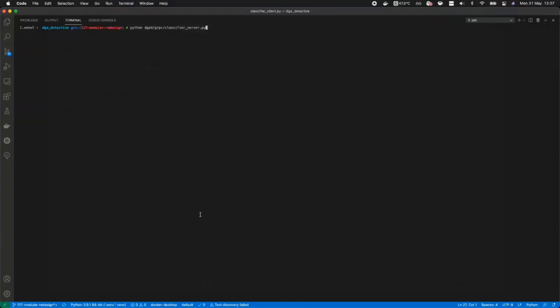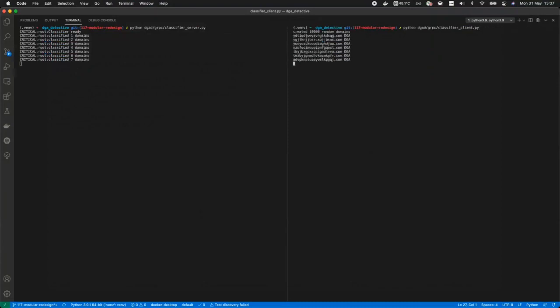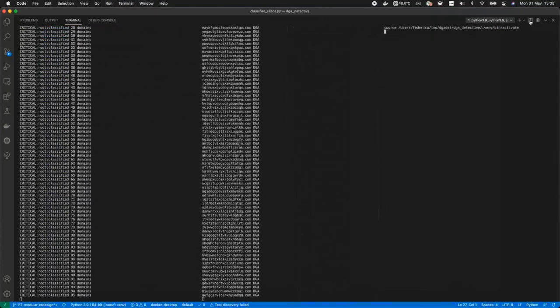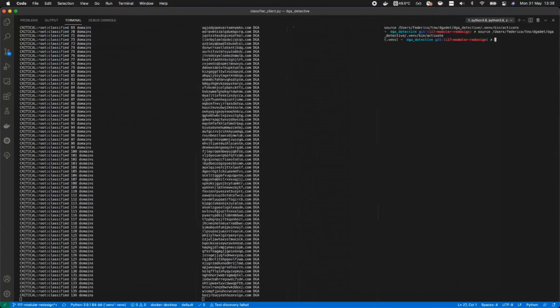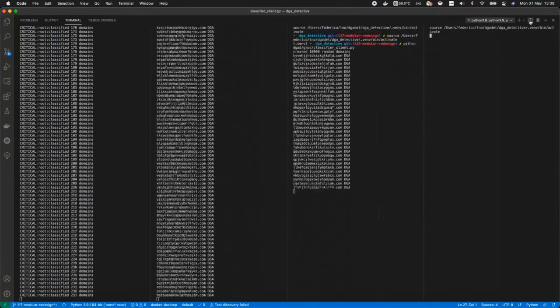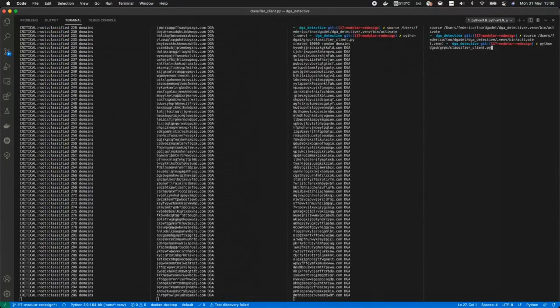The DGA Detective offers a gRPC API to classify domains over the network. In this demo, we show how a server can handle requests from 4 different clients. We first start the gRPC server, and then we start the client. You can see right away that the server has started classifying different domains, and now we can add 3 more clients.